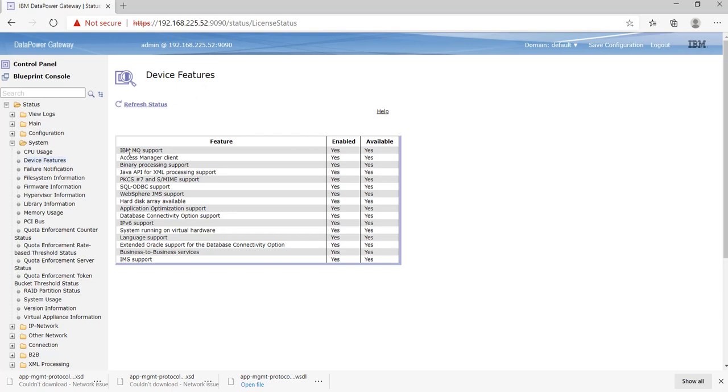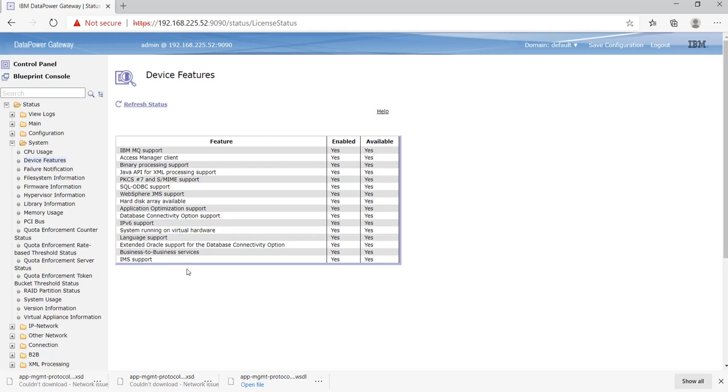In device features we can see that IBM MQ support means what kind of feature our DataPower appliance is supporting. So we can see all the features. And it happens that DataPower non-prod version has different kinds of features, and the DataPower prod version may have different features. So it depends upon your license.